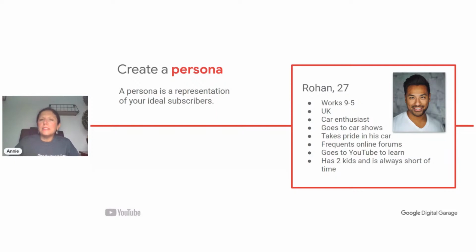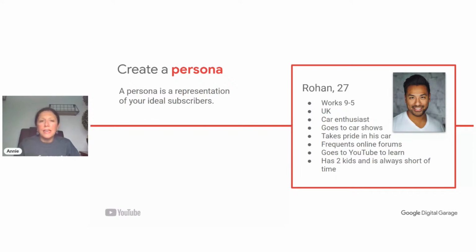So when it comes to creating the persona, what is a persona? It's a representation of the person that would really love to watch our content and to keep watching it over and over again. Who is likely to do that? Who is likely to be most keen on what we have to say? So it's really a representation of your ideal subscriber, the person that's going to subscribe to your channel and come back. So we need to think about personas and check that what we're creating aligns with our passion and our goal for our audience. So we've got an example here of Rowan on the screen.